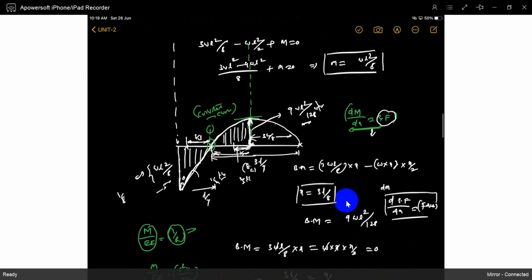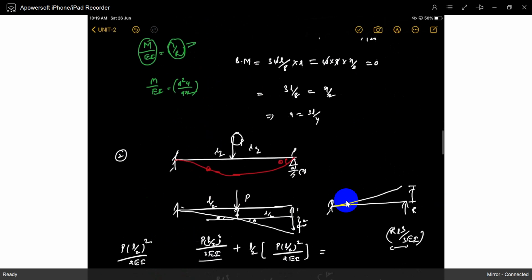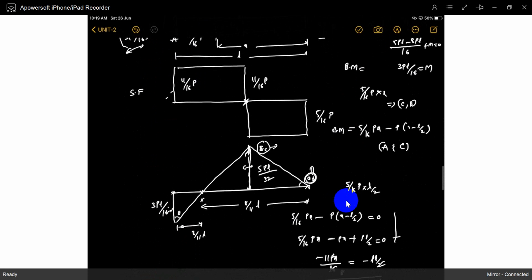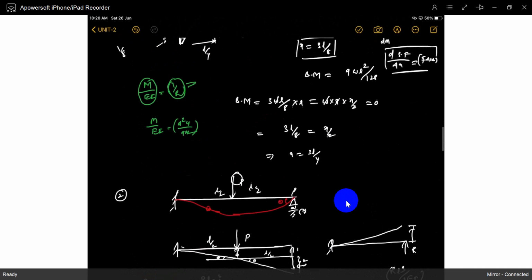I gave the assignment to find out the deflection at C. Also, I gave an assignment to find out the deflection at this point C. Not only that point, every point you can easily calculate. If I ask for the deflection at this location, you can take it. No problem. So I gave two assignments. Has anyone solved them?